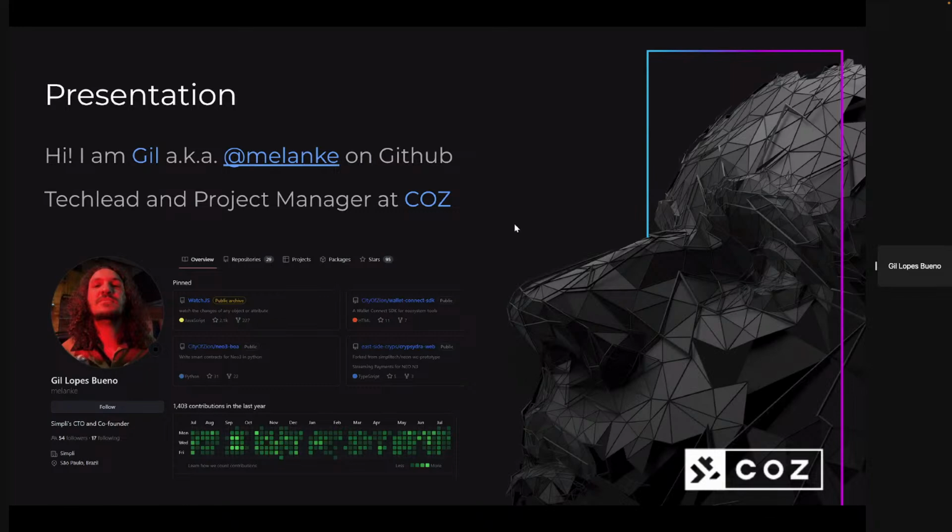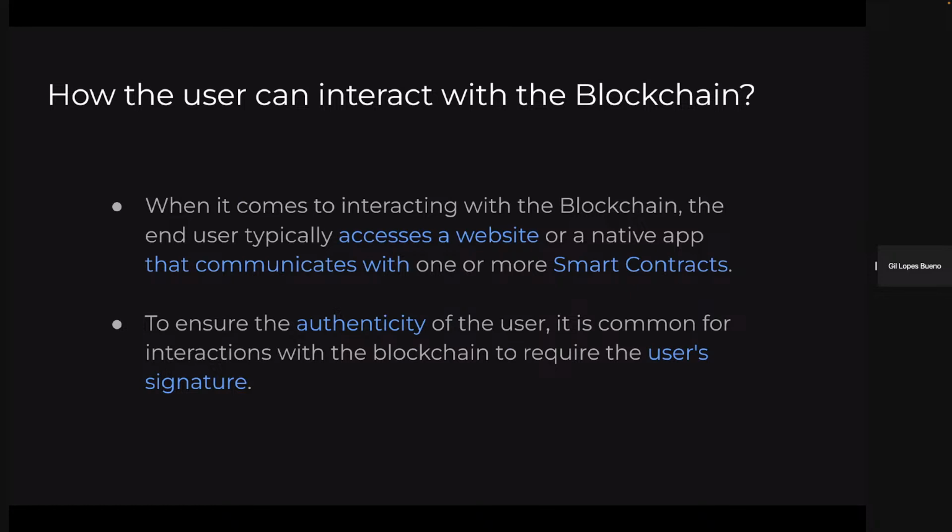and I'm going to talk about why we need Wallet Connect and what the benefits of it are, before jumping into code and showing you how to develop your application using Wallet Connect. So today, how can the user interact with blockchain? To interact with blockchain, usually the user goes to a website or a native app and connects with a smart contract, one of our many smart contracts that will